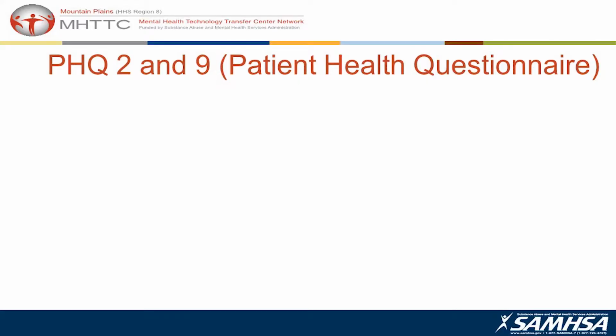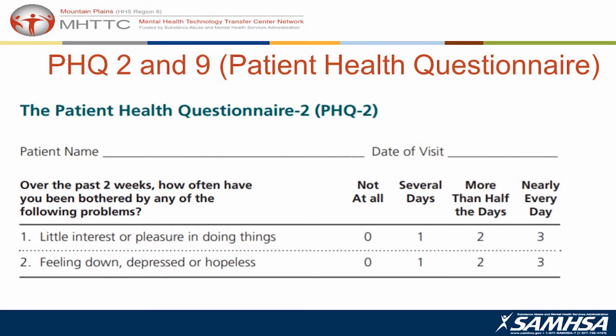So there's something called the PHQ-2, which is a mini version, and that actually asks two questions. Over the past 2 weeks, how often have you been bothered by any of the following? Little interest or pleasure in doing things, or feeling down, depressed, or hopeless? And the cutoff here, and again, it's all contextual, but they say if you score 3 or more, then maybe we want to ask the rest of the PHQ questions, PHQ-9. Otherwise, if people score 1 or so, we don't go and ask them further questions. That's what some clinics use.